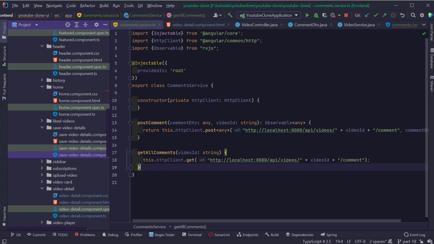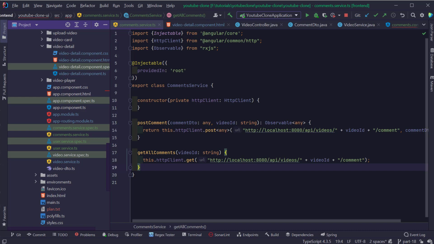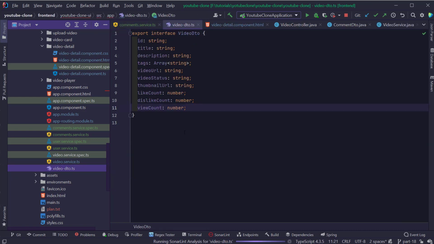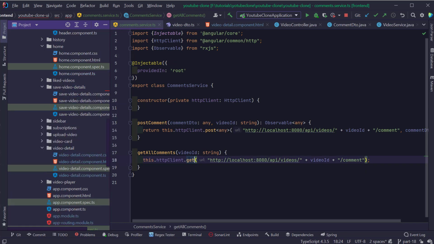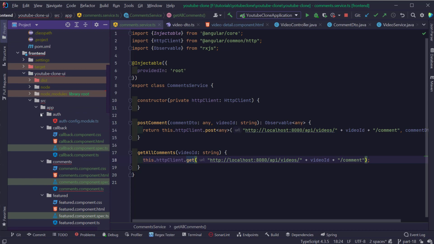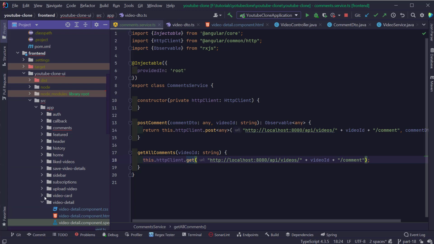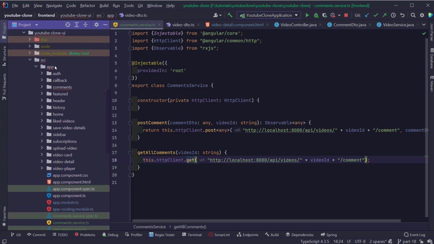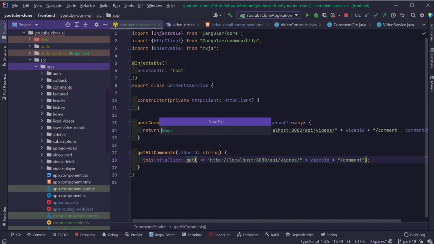To be able to receive this in a similar type in our Angular application, the better thing would be to create a DTO TypeScript file, just like how we did for the video DTO file. We can create a TypeScript file called comment.dto.ts, and then specify this as the return type of the get all comments endpoint call. So for that, I'm just going to go to the root level of our application, collapse all these folders, right click on the app folder, say new file, and I'm going to call this file